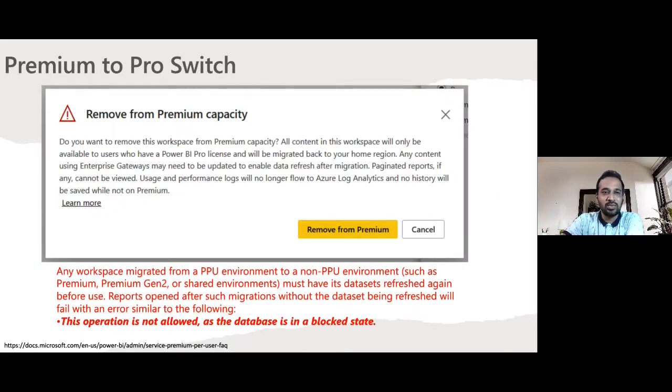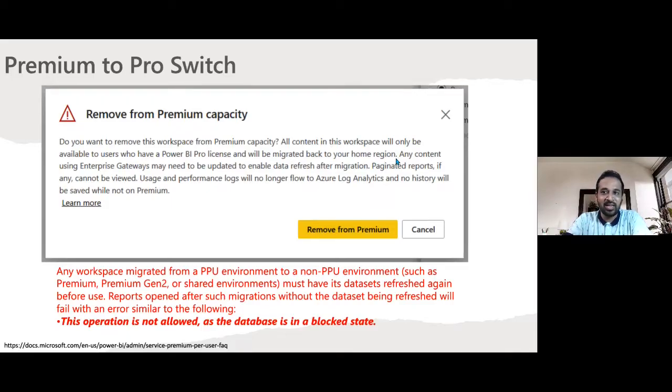The last thing which I want to show here is when you are deciding to switch your workspace from Power BI Premium to Power BI Pro, there is a warning which comes up: Do you want to remove this workspace from premium capacity? All content in the workspace will only be available to users who have a Power BI Pro license. This is the first thing you need to make sure of. It will be migrated back to your home region.